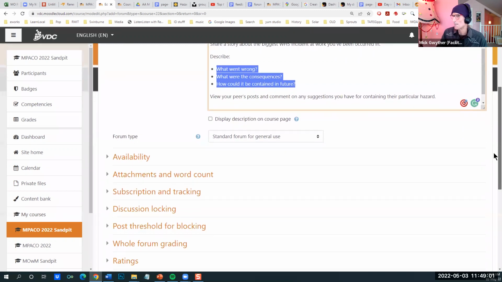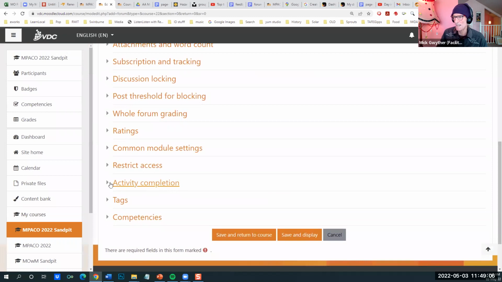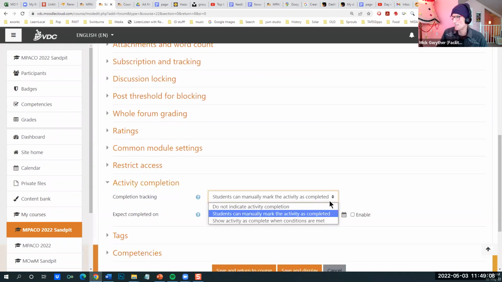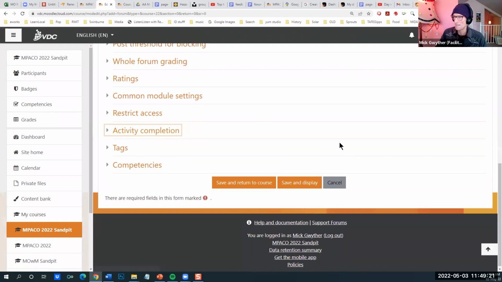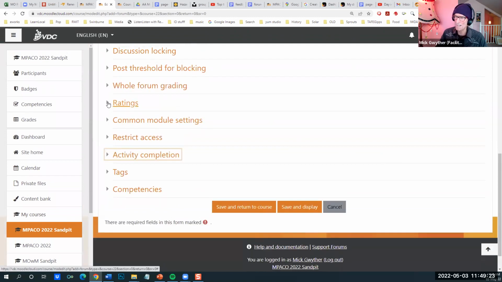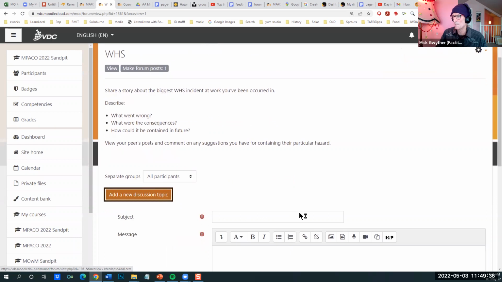We've got lots and lots of features here, but again, like the activity completion, if you change that to conditions are met, then you can actually say here that if I post one discussion or reply, then they've completed the activity. You can set that for as many as you want. You can do ratings, but students can't do those, unfortunately. So they'll save and display it. And now there's the post. You can see the conditions here. And if you add any discussion,